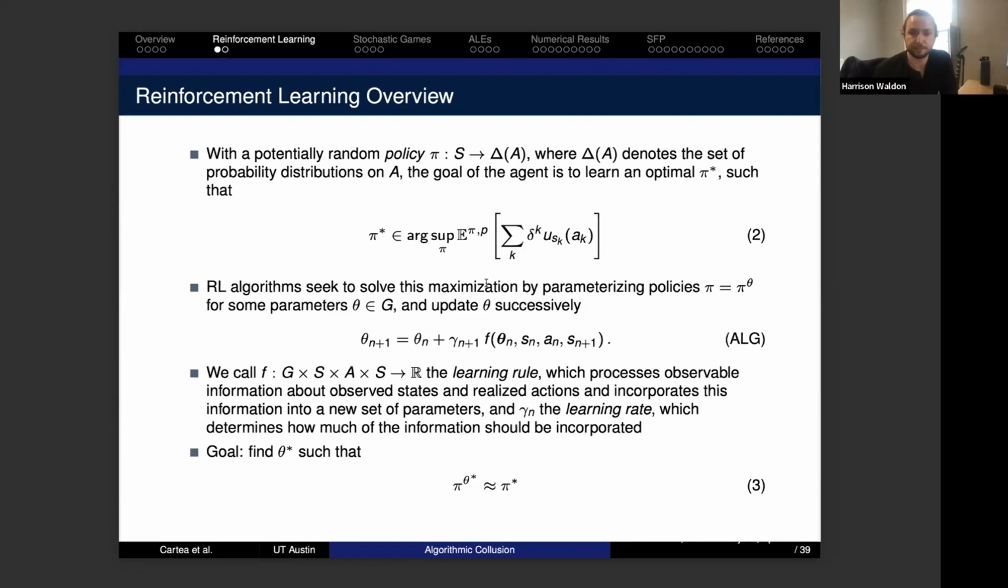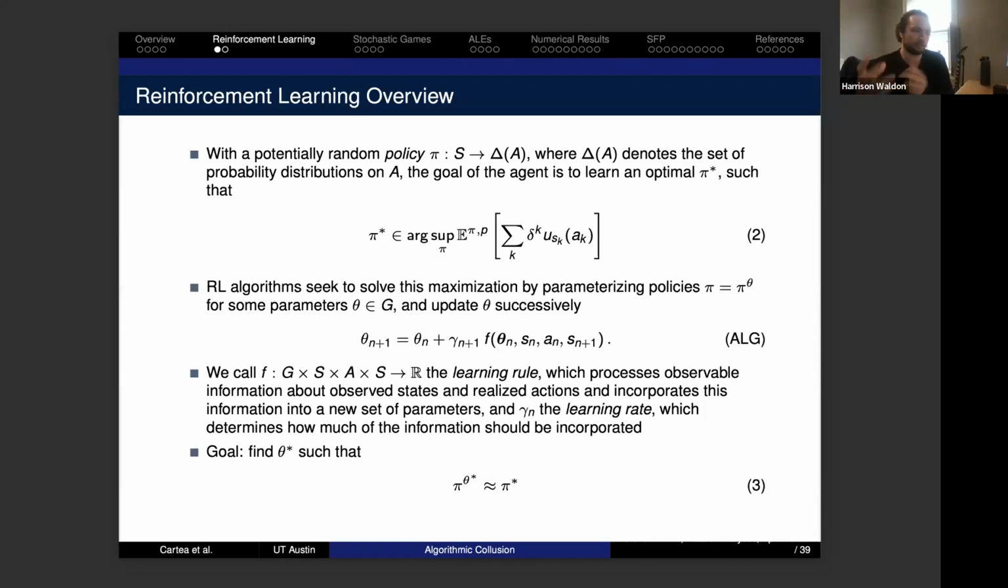This is where the discount factor comes in. RL takes an algorithmic approach to this problem. Generally speaking, agents will parameterize their policies pi by a set of parameters theta, which we say will lie in some set G. So they'll pick parameters from some set G,